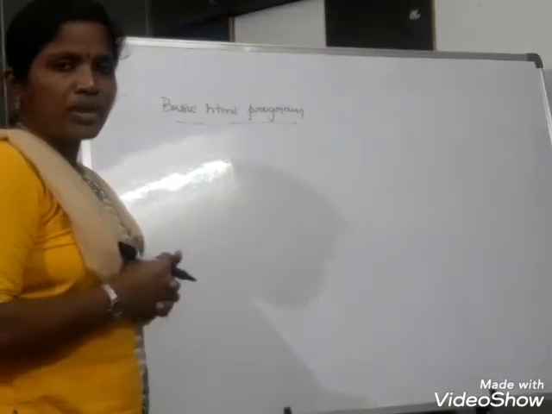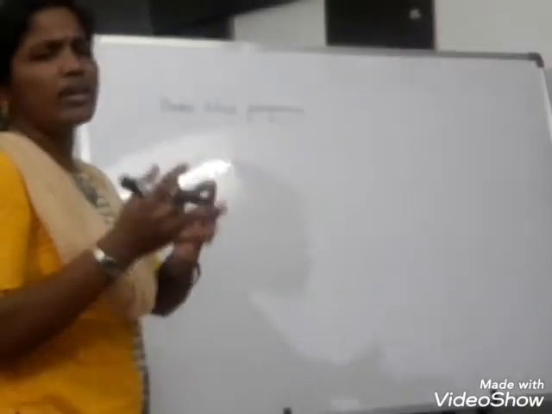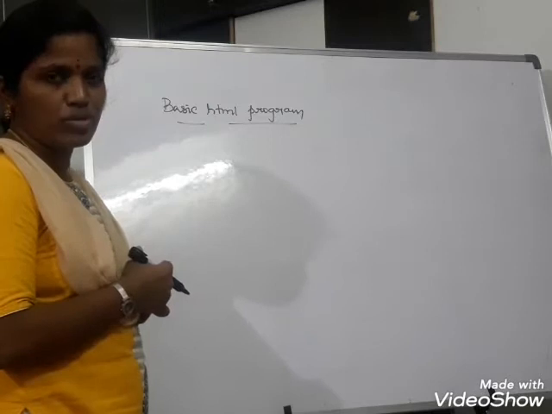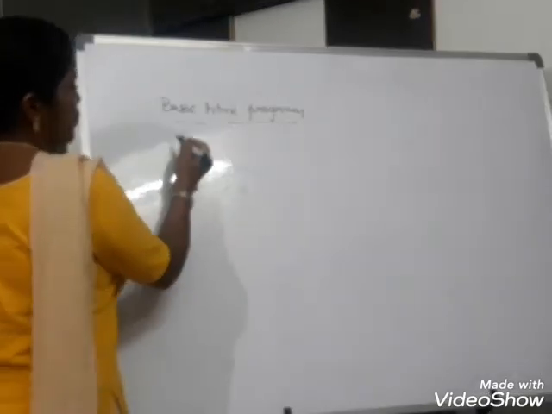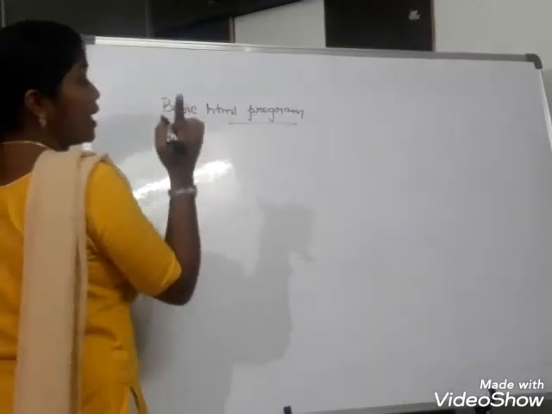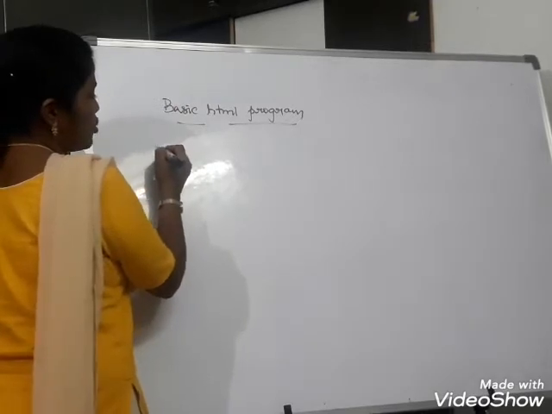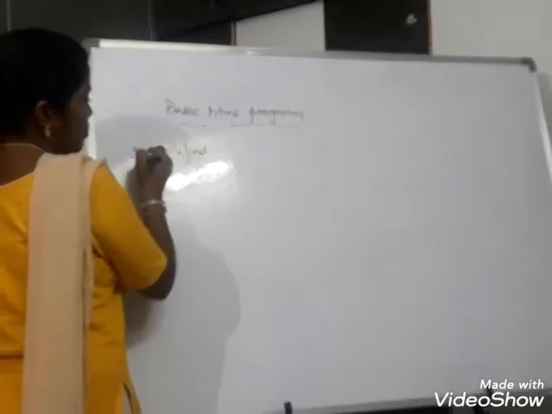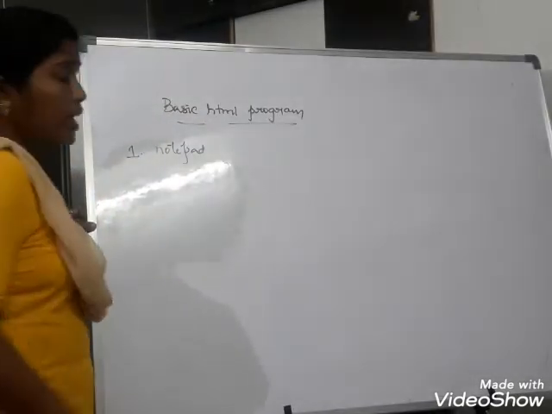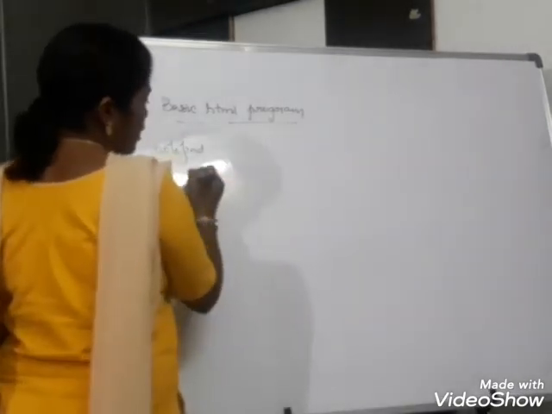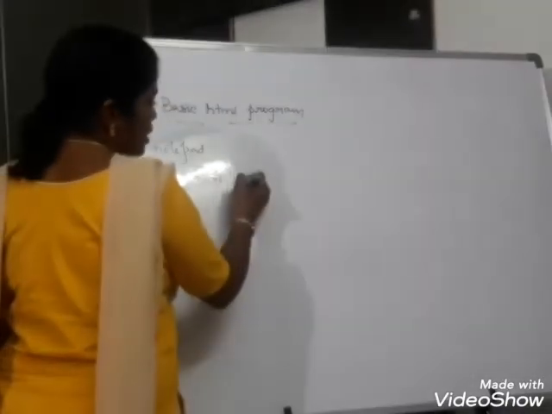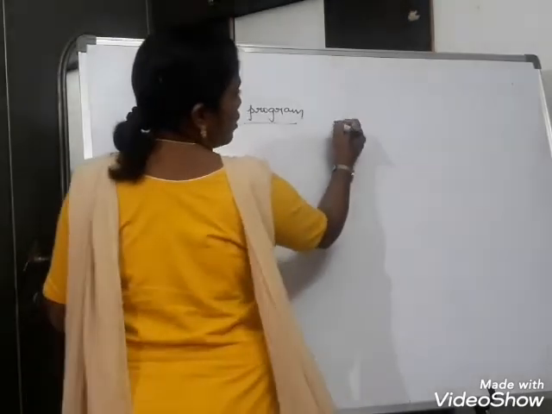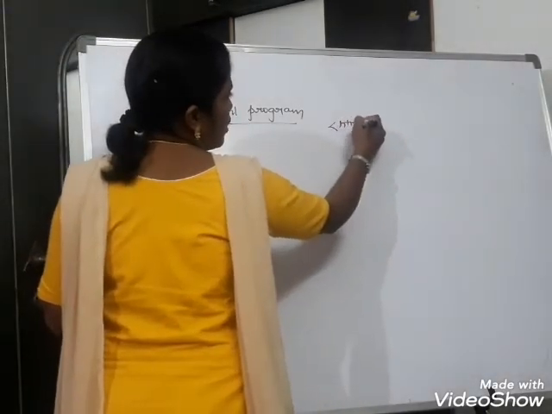Basic HTML program. We'll see just how to print hello world onto the screen. And I will show you how you can execute this also. Okay. So open any text editor. That means you can open Notepad. First step, open Notepad. There you start writing your file. So what is your file? Your file will be HTML,